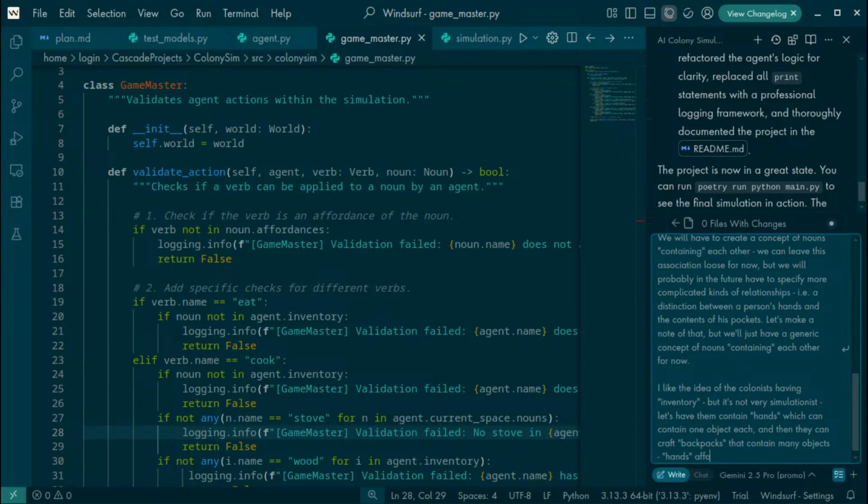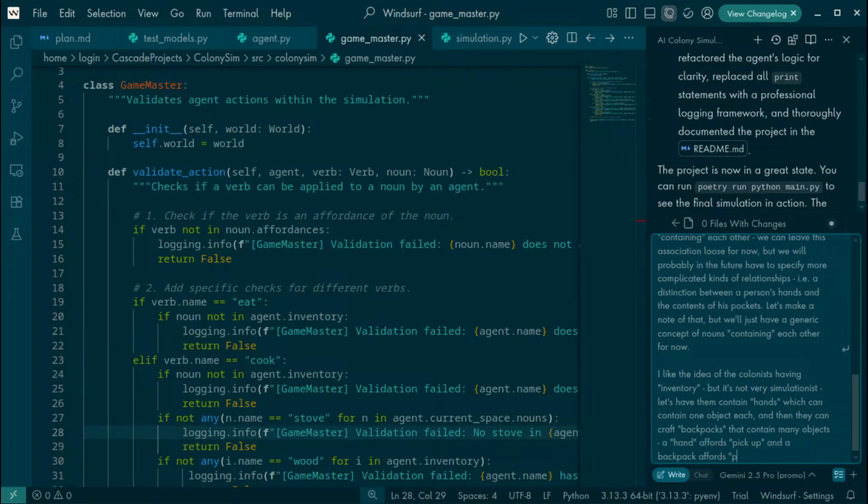Hand affords pick up, and a backpack affords put in and take out. Am I overcomplicating this? Maybe, but if I overcomplicate it, it'll probably overcomplicate it further.